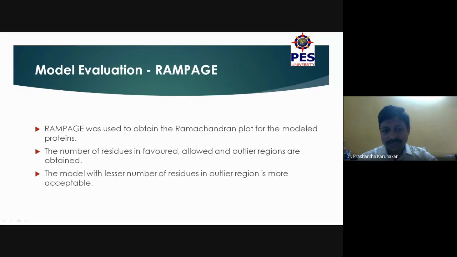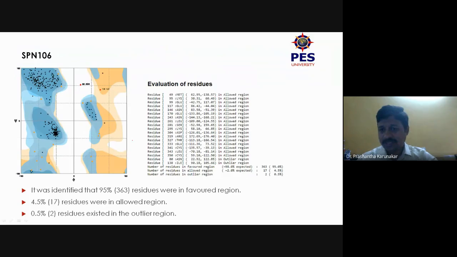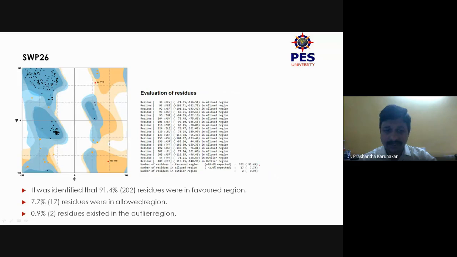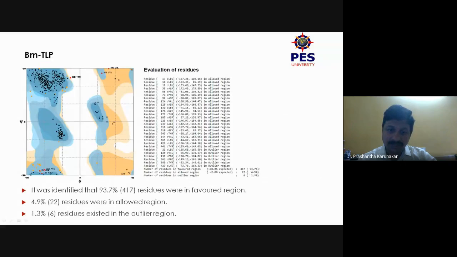So how exactly does the Ramachandran plot look? I think most of us are aware of this. We have the favored region, additionally allowed region, allowed region, generously allowed region, and disallowed region. So there are two residues in the outlier, and there are 95% in the favored region. So it's a good model. And then we have around 91% in the SWP26, two residues in the outlier, and we have 93% in the BMTLP, which is a big protein, as I mentioned,